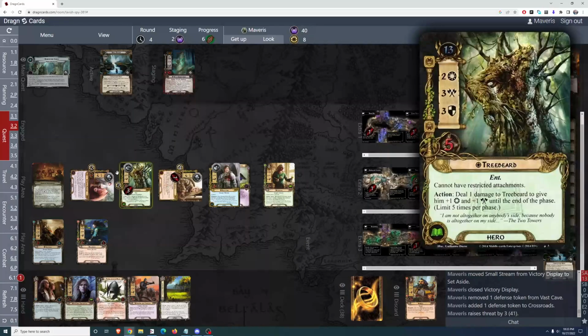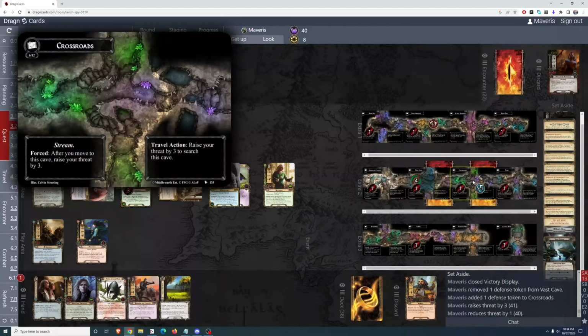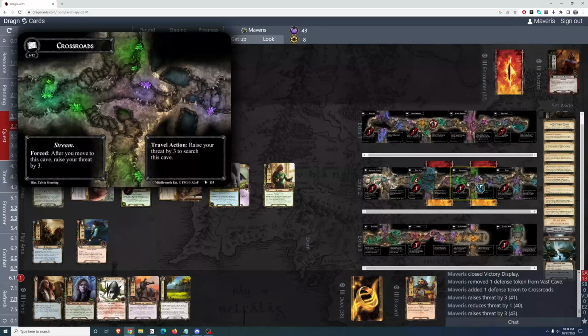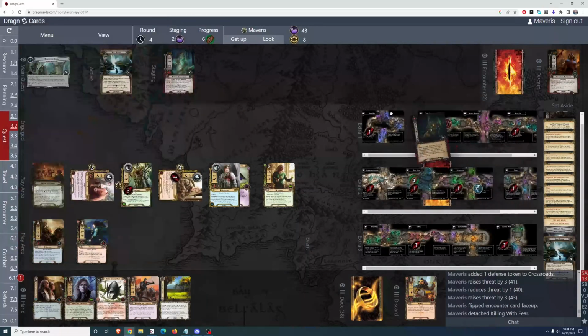Frodo should have lowered my threat by 1 for questing successfully. I will also use this, which keeps 4 progress there, which I need for the travel action to remove 8 progress tokens from this cave to search this cave. I will go ahead and raise threat by 3 more to search the cave,